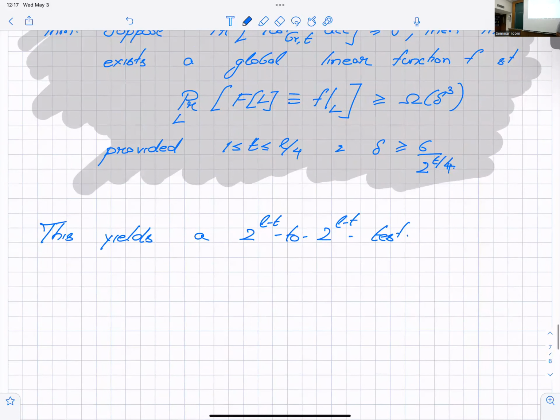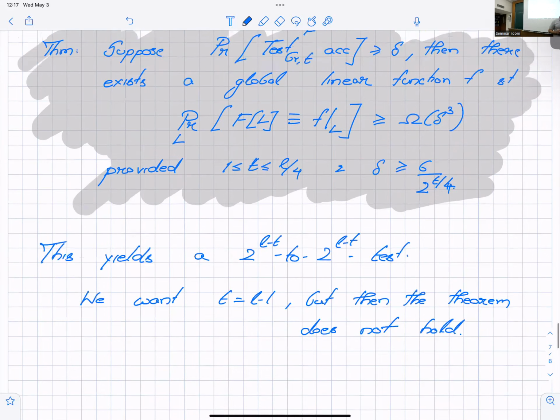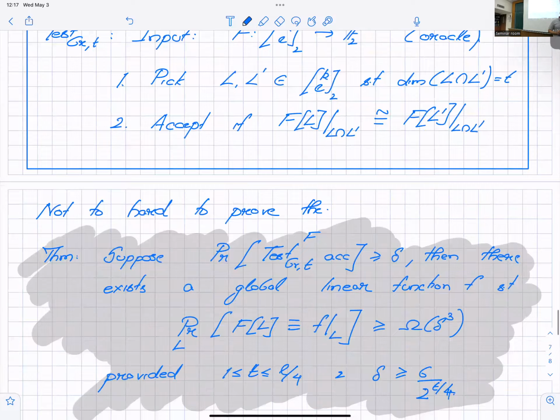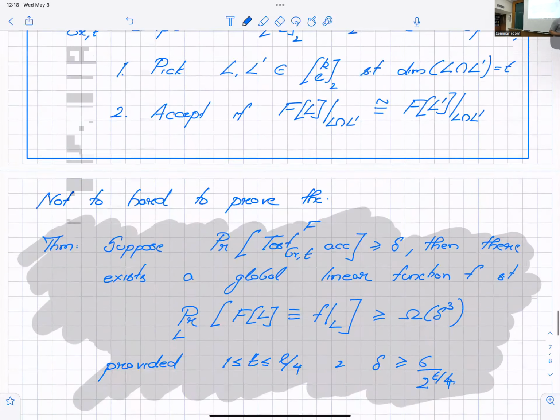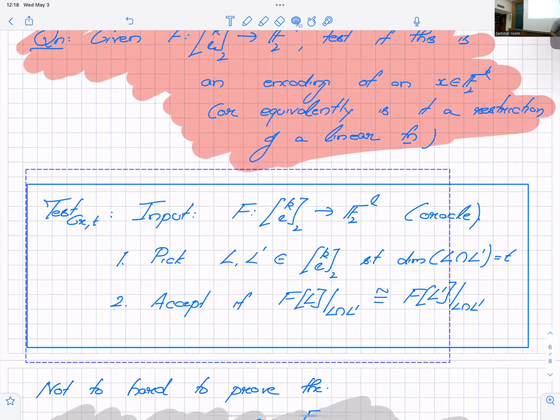We want T to be L minus 1, but then the theorem doesn't hold. So we're going to now modify this test. The test we want to study